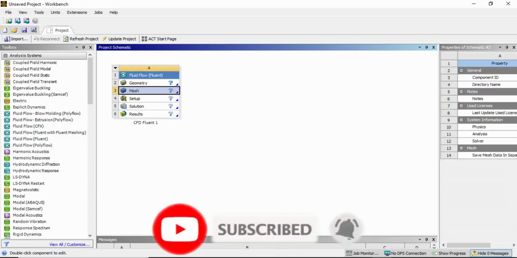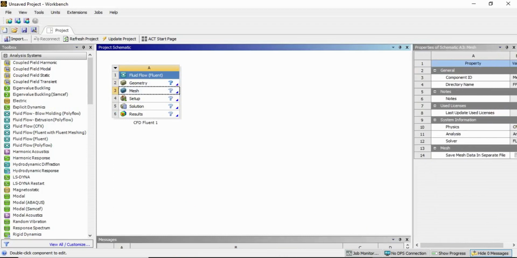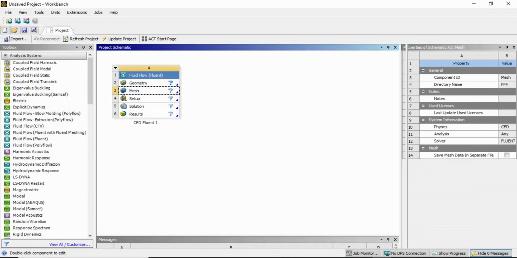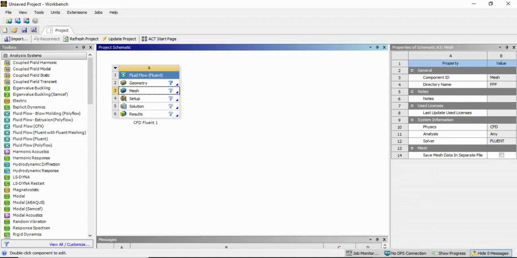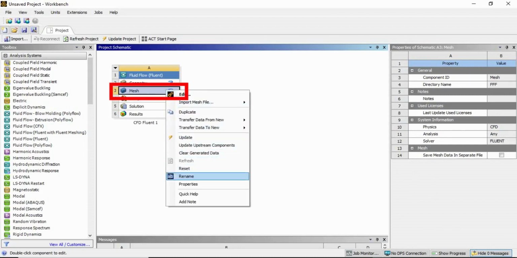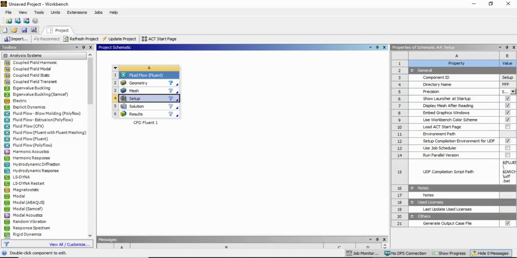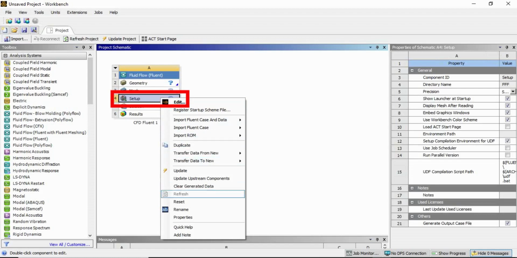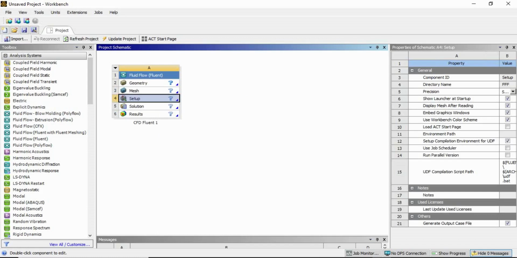In the next cell, mesh is generated using the geometry created before. You can also import previously created mesh file directly without using the geometry cell, and geometry cell would be removed from the system. በዚህኛው ሴል ላይ mesh ነው የምናገኘው። ቀደም ብሎ ክሬት የተደረገው ጂኦሜትሪ በምንፈልገው ታይፕ ኦፍ mesh ወይም ዲስክሪታይዝ ማድረግ ይጠበቅብናል። ሆኖም mesh የተደረገ ፋይል ኢምፖርት የምናደርግ ከሆነ ጂኦሜትሪያችን ከአናላይሲንግ ሲስተም ይጠፋል። የሚኖረን mesh setup solution and result ይሆናል ማለት ነው። The next cell is used to set up the physics of problem. In this case, Fluent will open from this cell where the physics of problem would be defined. ይሄ የሚቀጥለው ሴል ከmesh በኋላ ያለው ሴል ሴትአፕ ነው። ስለዚህ ፊዚክሳችንን ሴት የምናደርግበት ቦታ ነው።